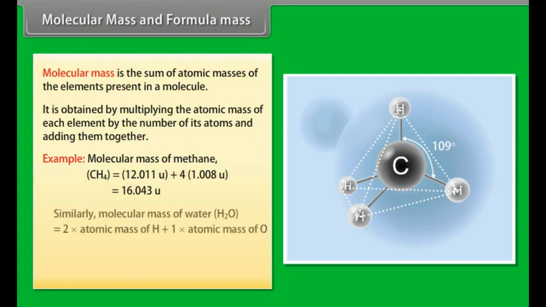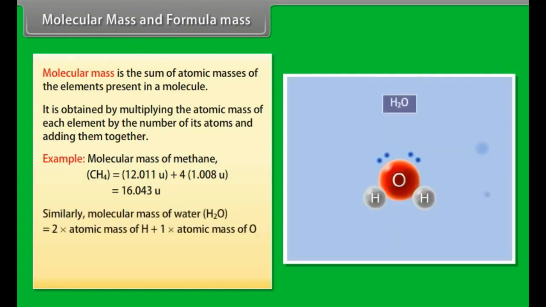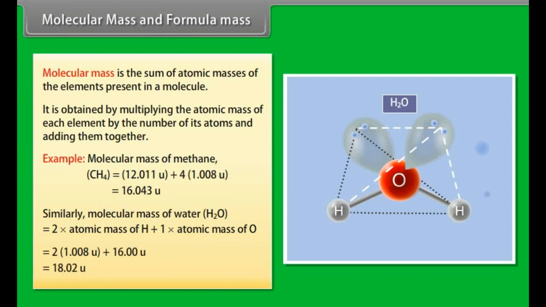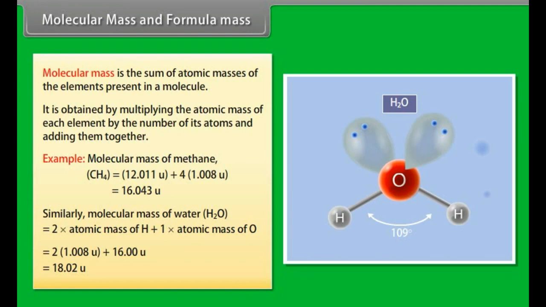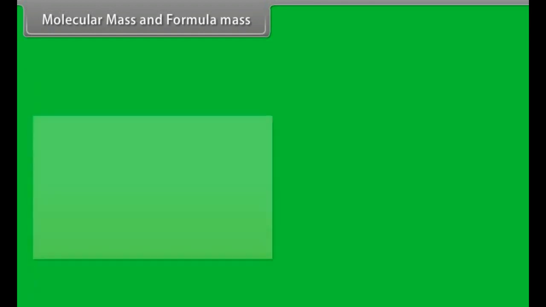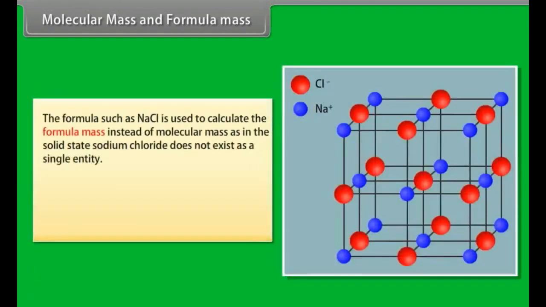is equal to 16.043 u. Similarly, molecular mass of water, H2O, is equal to 2 × atomic mass of H plus 1 × atomic mass of O, which is equal to 2 × 1.008 u plus 16.00 u, which is equal to 18.02 u. The formula such as NaCl is used to calculate the formula mass instead of molecular mass,